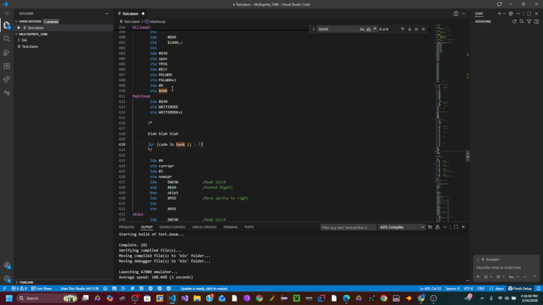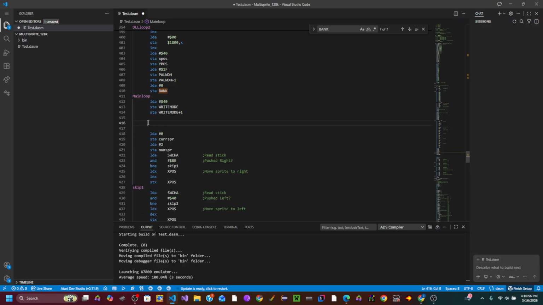So let's just say you want to do a long jump routine. So you would want to know what bank you were previously in so that when you do an RTS, if you try to bank switch... So let's just say enemy code in bank 1 and your sprite